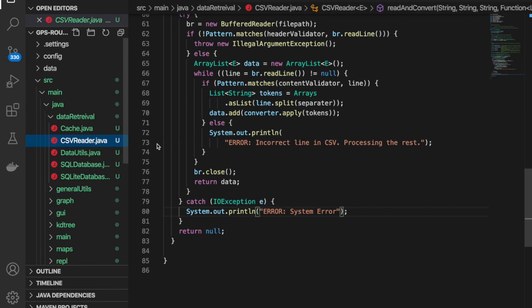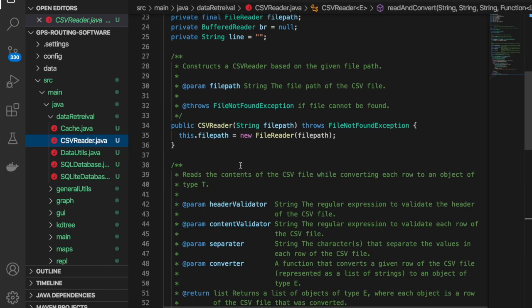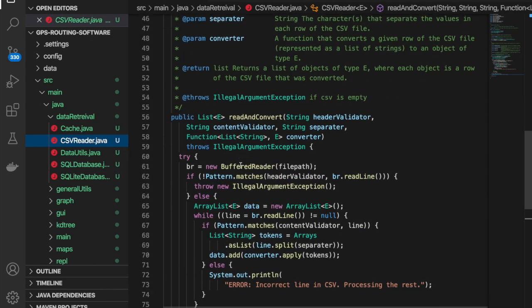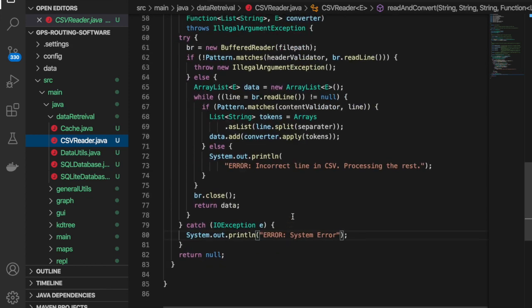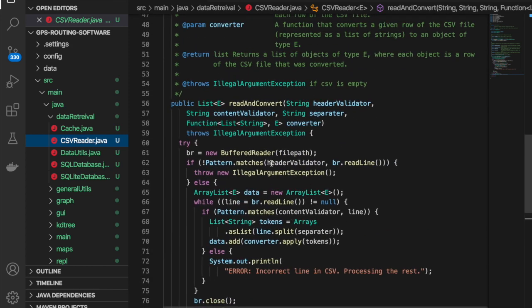So now the CSV reader just has appropriate errors, and what it basically does is it takes in a header validator and a content validator, and these are both regex. The header validator makes sure the header of the CSV matches, and the content validator makes sure the content for each line matches. Then you have a separator, which is also going to be